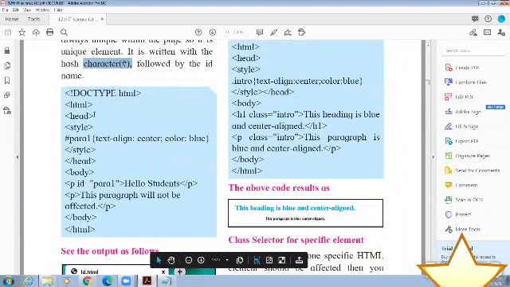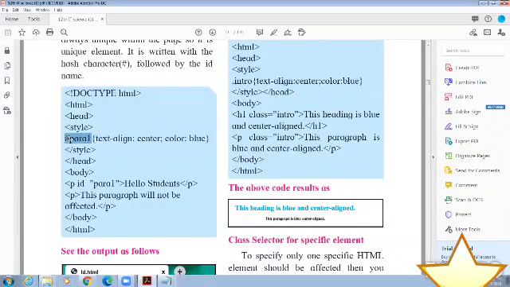Doctype HTML, HTML tag, head tag, style tag. This is hash followed by the ID name. What is the ID name given? para1. The properties applied here: text-align center, color blue. Style tag close, head tag close, start body, and here the p tag is used, and the ID.